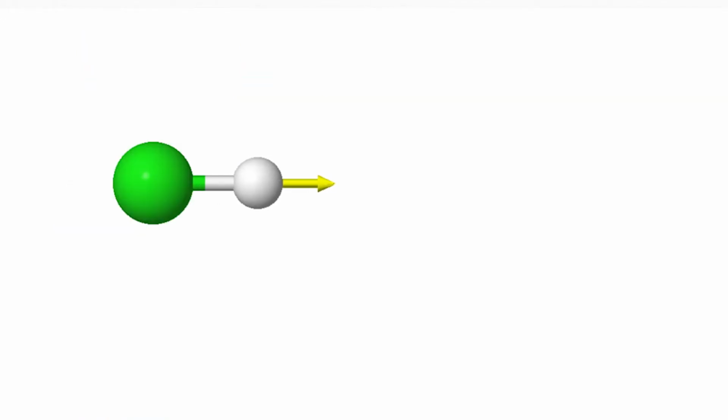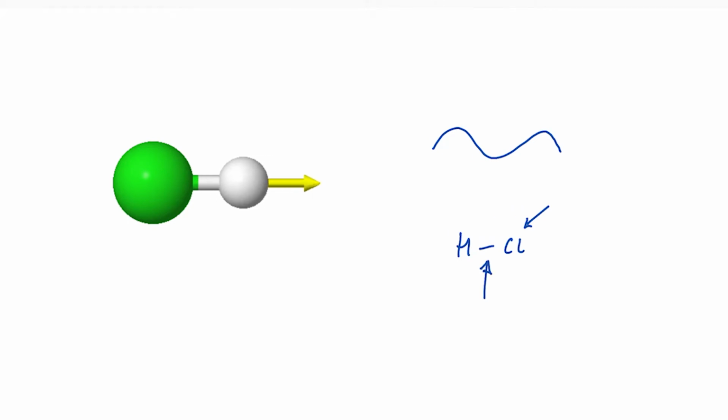And if we return to our animation, we can see that the frequency of the vibration depends on two things: the mass of the atoms. So we know that heavier atoms cause the bond to vibrate more slowly, and the bond strength. Strong bonds vibrate more quickly. So, assuming our molecule is at a temperature above absolute zero, all molecules, all bonds have some energy. All bonds are vibrating. Now, we can cause them to vibrate more strongly